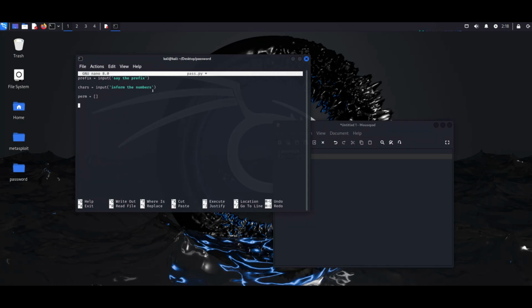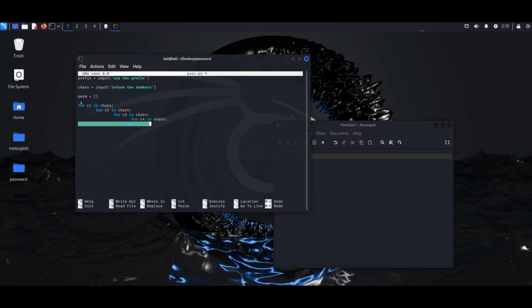If we want to use 4 numbers, we are going to use 4 for loops: for c1 in chars, for c2 in chars, for c3 in chars, for c4 in chars. Okay,